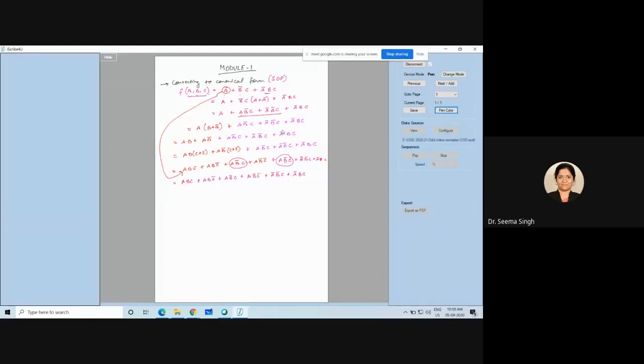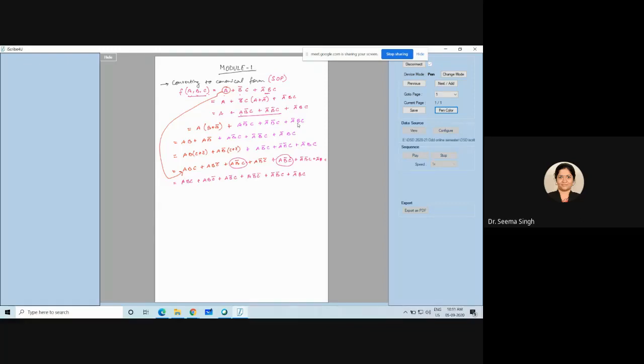Now, whatever I am telling you in canonical form, when you start learning K-map, you will know why this was important. I will show all those things today so that you get a big picture of what you are doing for this conversion. You should not take it as a topic. You should know the big picture of it. Now you all know that this gives us some information.